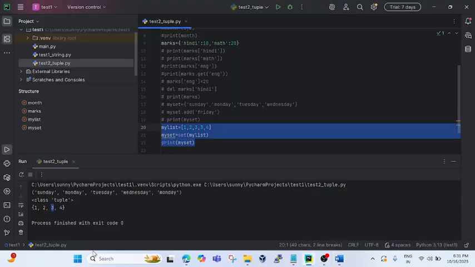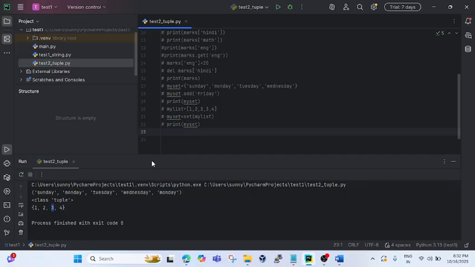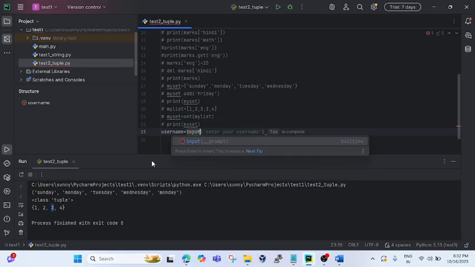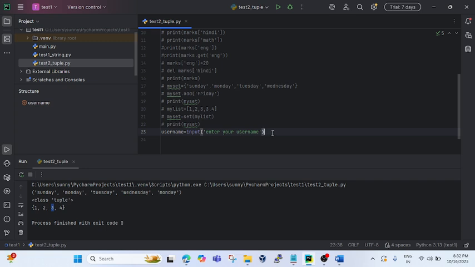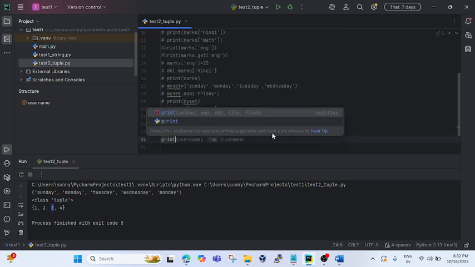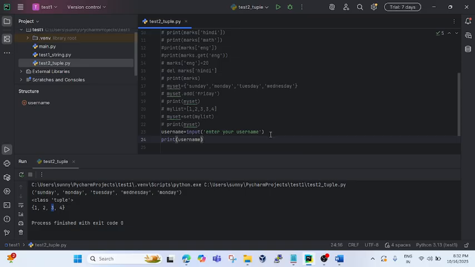So let's comment this again, Control and /. So let's declare a variable here, username is equal to, so to get the input from the user you can use input, and then enter your username and try to print that username and see what we get. So let's execute here,